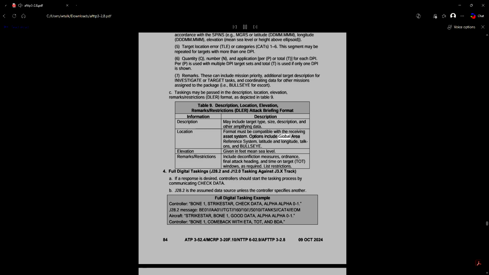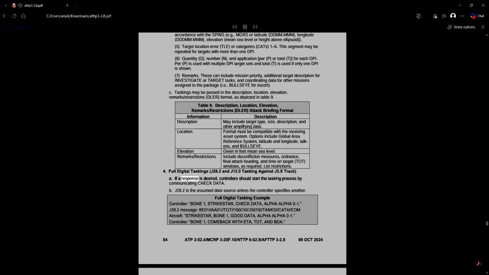Options include Global Area Reference System, latitude and longitude, talk-ons, and bullseye. Elevation is given in feet mean sea level. Remarks/restrictions include deconfliction measures, ordnance, final attack heading, and time on target, TOT, windows, as required. List restrictions.